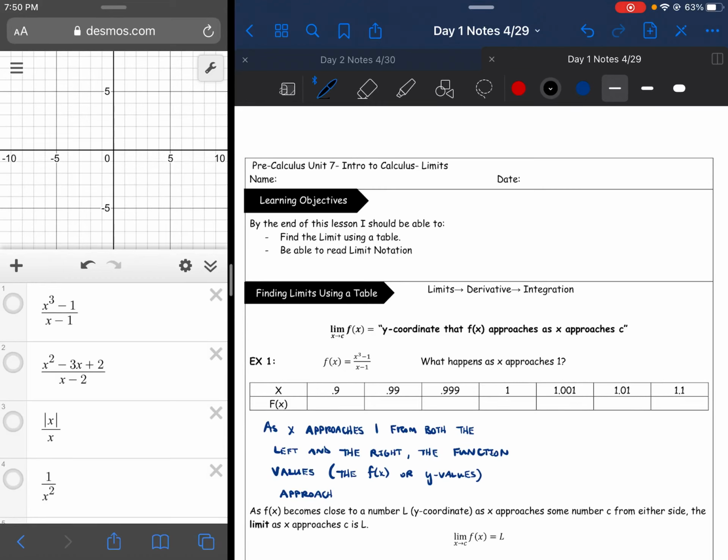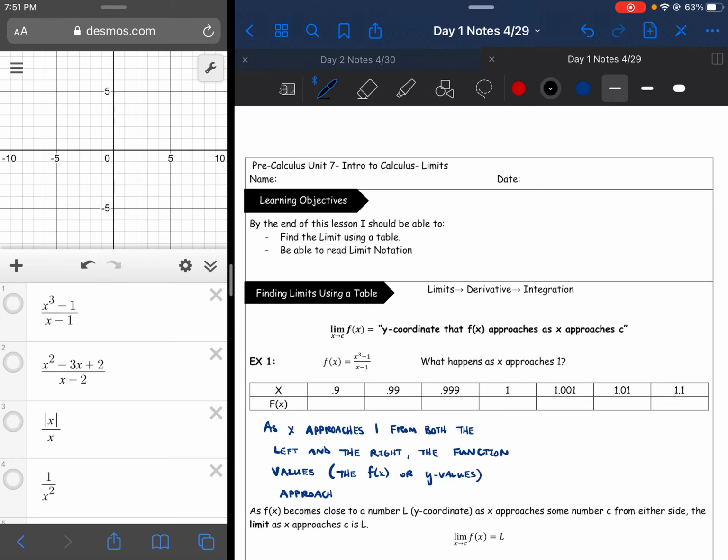In today's video, we're going to be introducing limits. Now, with this being a pre-calculus course and this being technically a calculus topic, we're not going to go extremely in-depth with limits. In fact, over the next several videos as we introduce limits, you're going to get a very introductory exposure to it, okay? The goal for this video specifically is going to be finding limits using a table and just generally understanding what